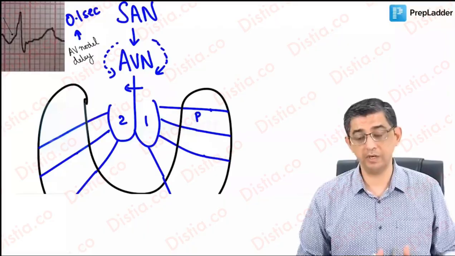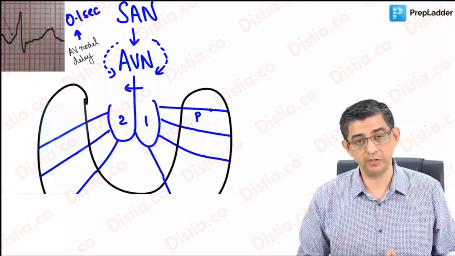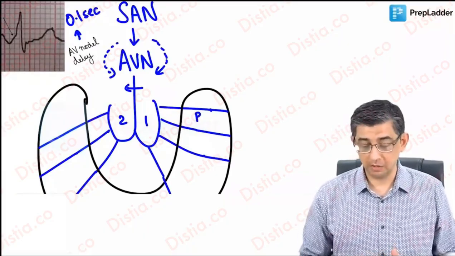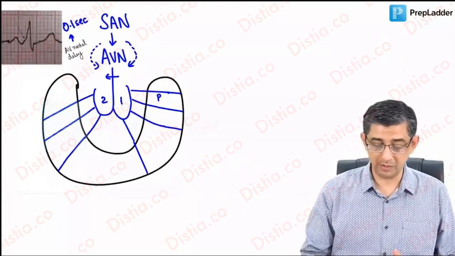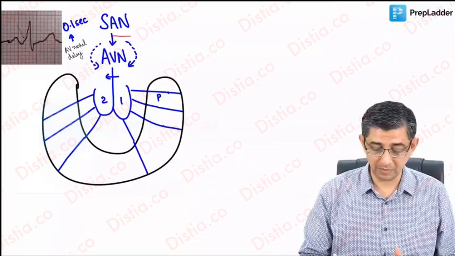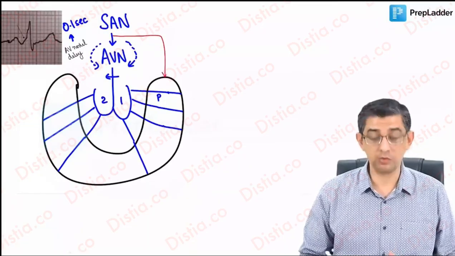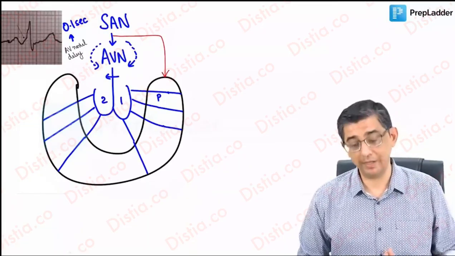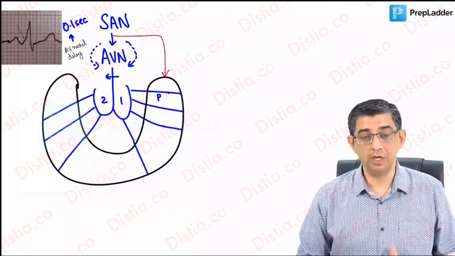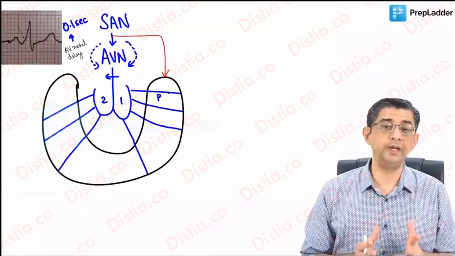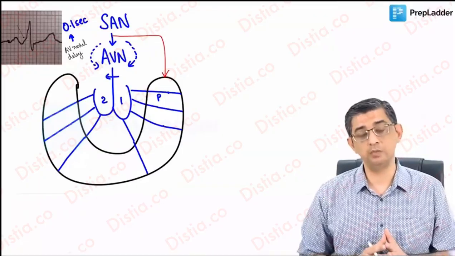And the repolarization current will be flowing from outside to inside and is responsible for the T wave. Now the problem in this particular patient that I'm going to show before you is an accessory bypass pathway. The way I've shown the red fiber, I want to highlight that it is bypassing the AV node. Remember, AV node is like a broken Indian road, and the red fiber that I've shown before you is like